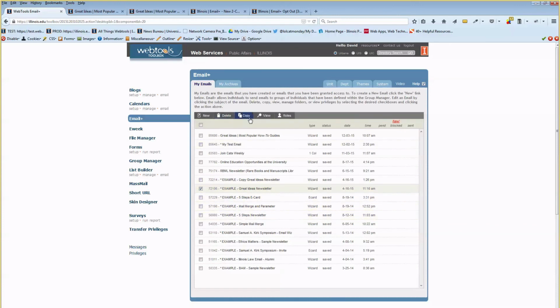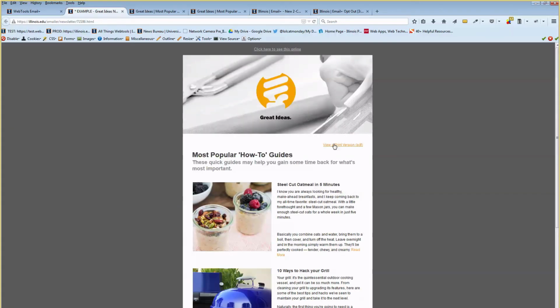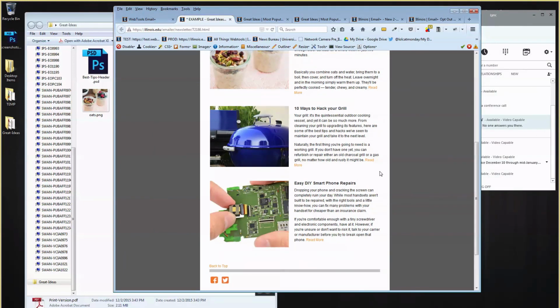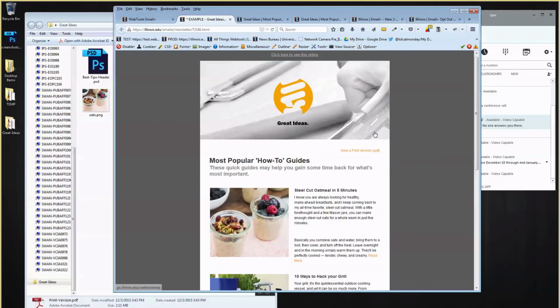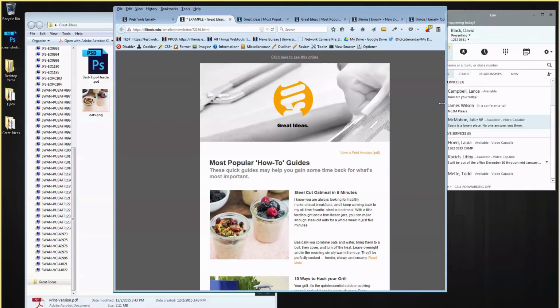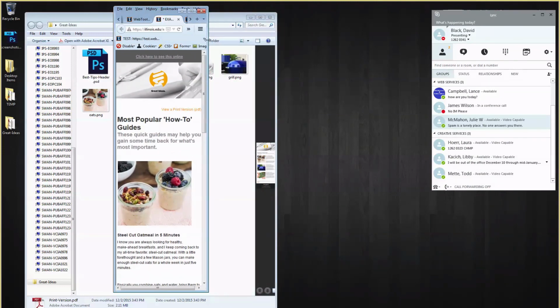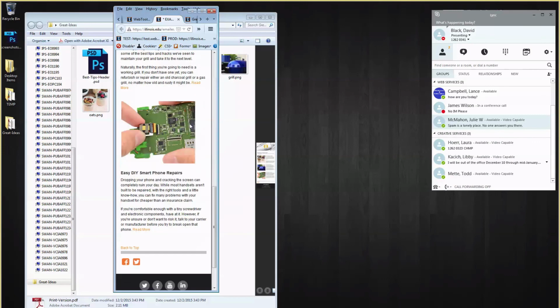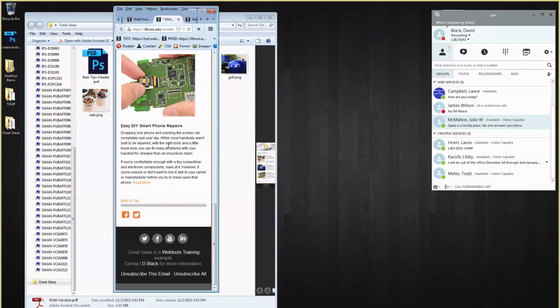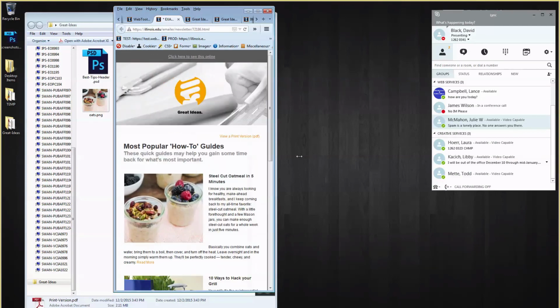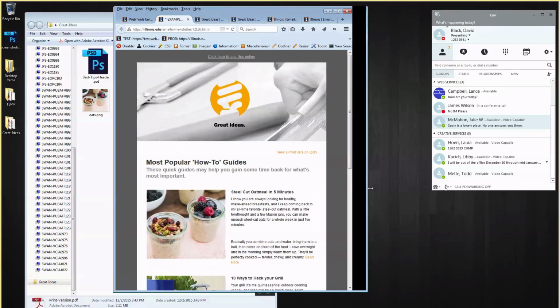So here are my projects. I already made one, and here's the actual email. So pretty simple, pretty straightforward. One of the good reasons to use the wizard is that we also handle the mobile format. So as this scales down in size, your mobile viewers will see that these images and text collapse nicely. And that's not easy to achieve without a lot of testing. So we're going to create this layout,